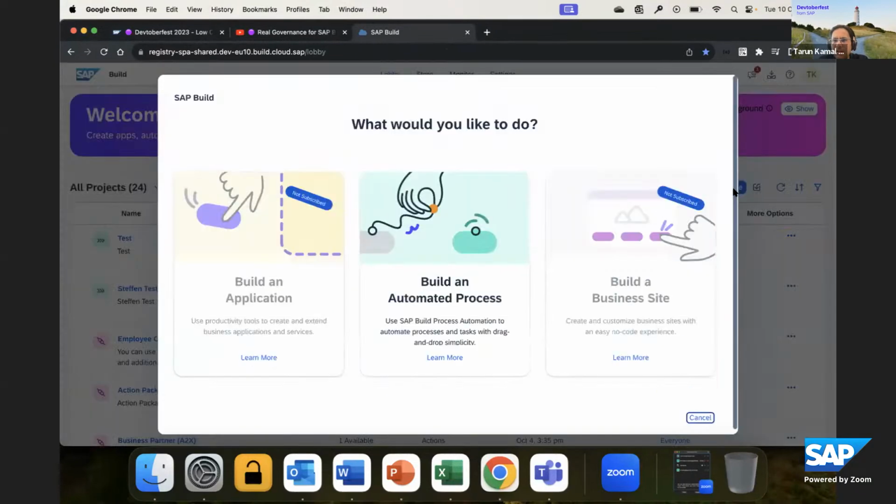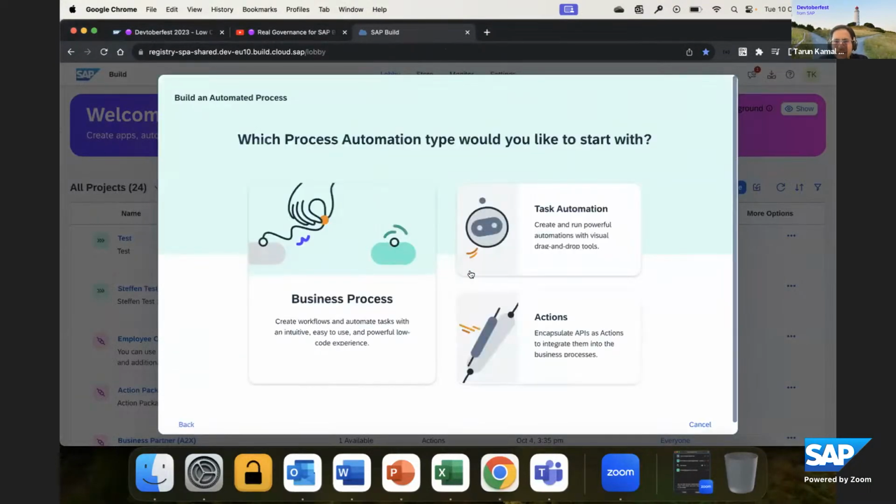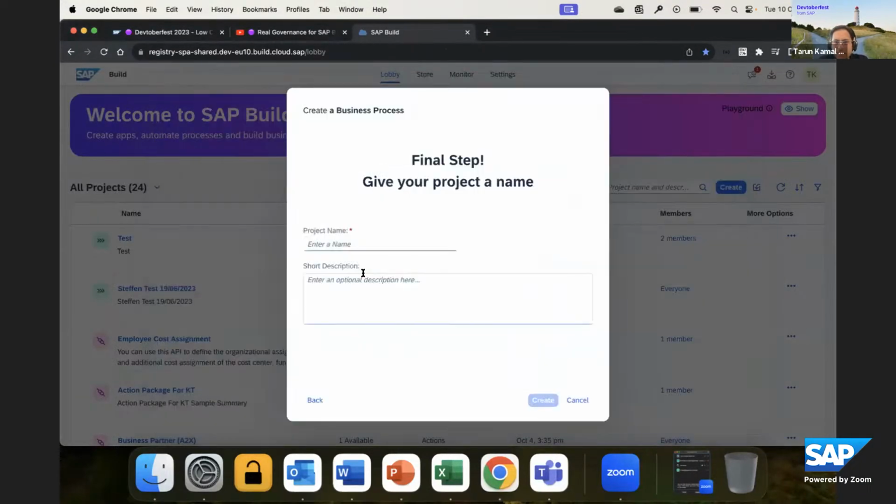You could just create a process. Let's say I want to create a process. You could directly create it and hit the create button. But moving forward, what we wanted to do is have a governance process as part of it, so that you get more information about the project that one wants to create via a questionnaire, right? So it's not just the name and description which is sufficient.